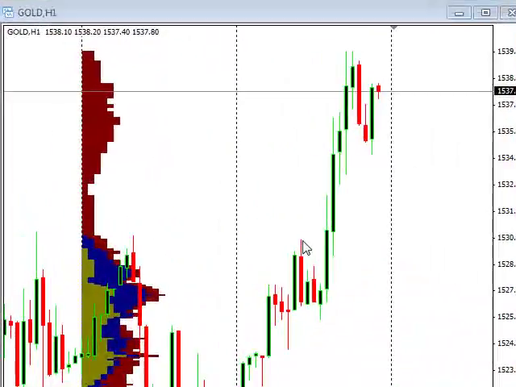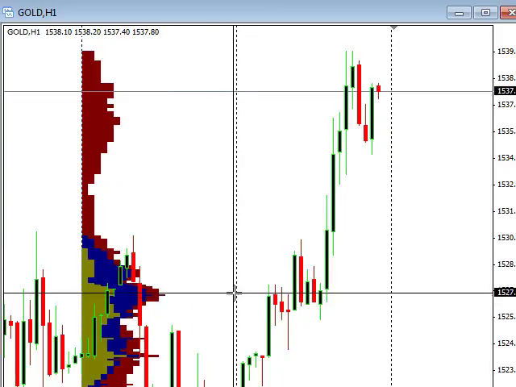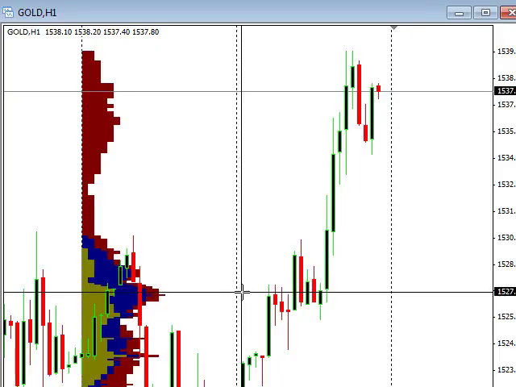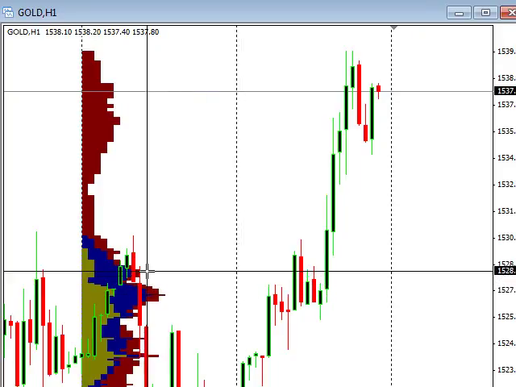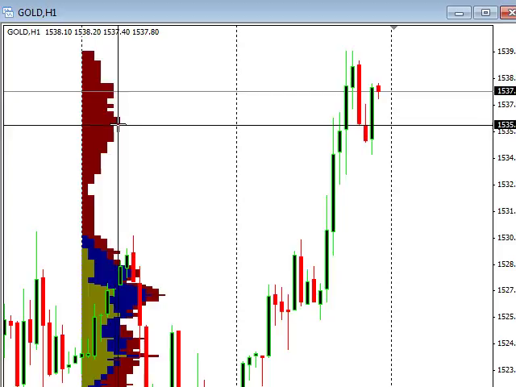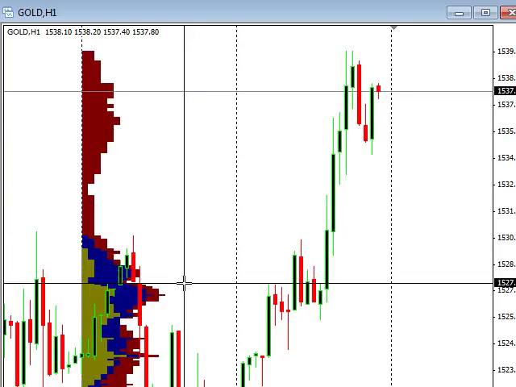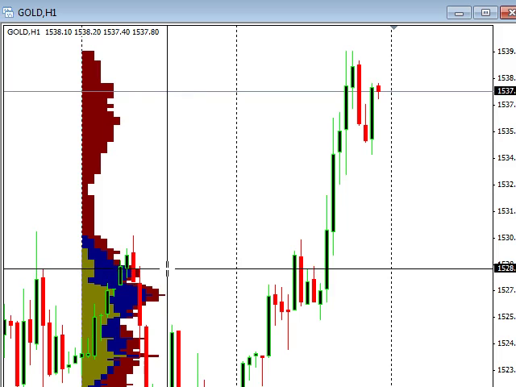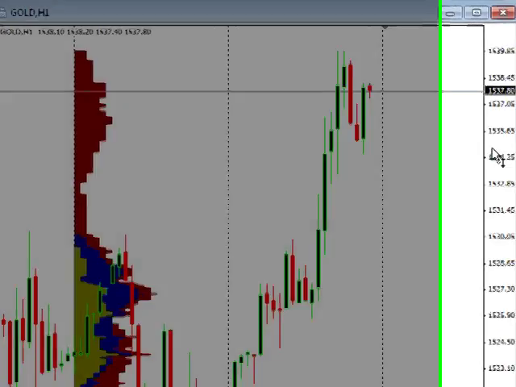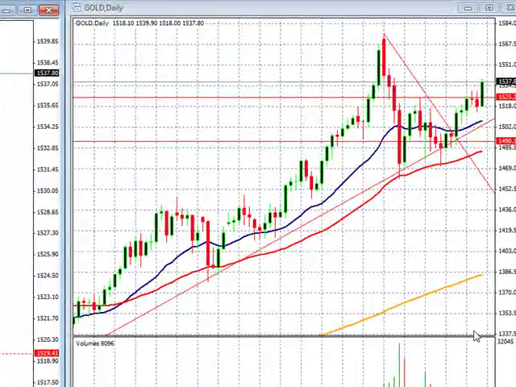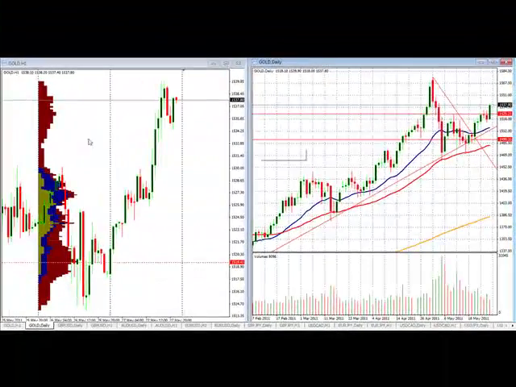Our market profile puts our volume support at about 1527, there's some volume support. We do have a little vacuum in there below 1535, back down to 1527 in that range. But it is good to see. Let's check the last thing here on a daily,